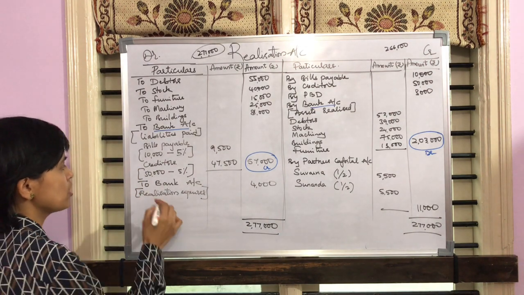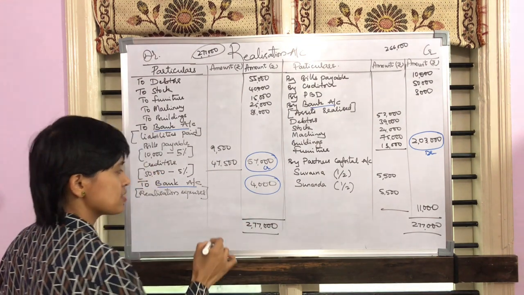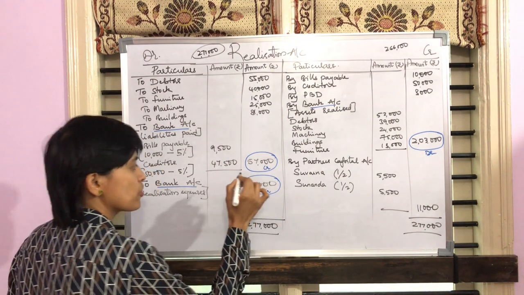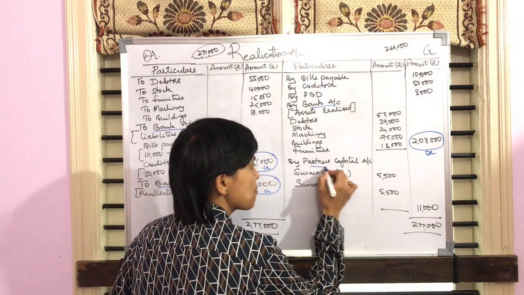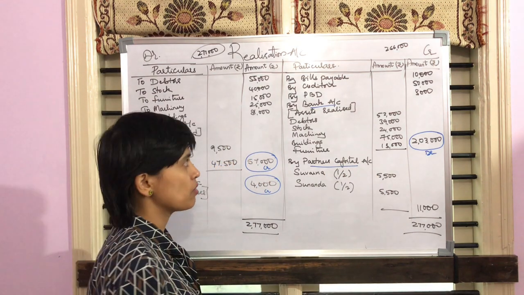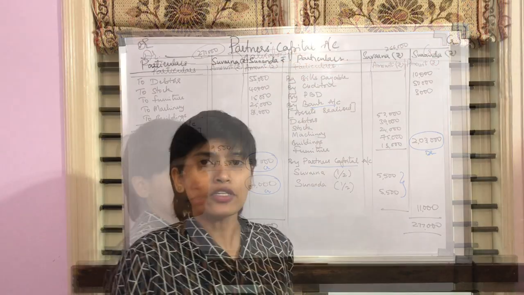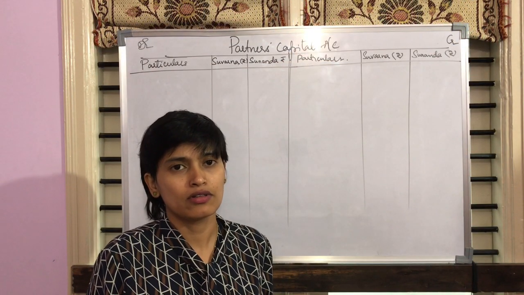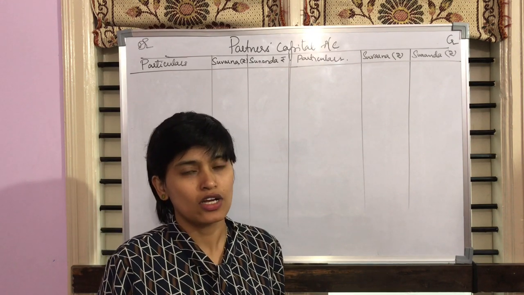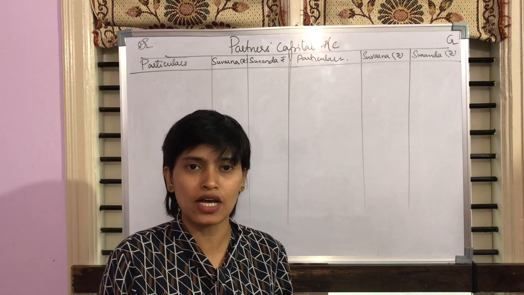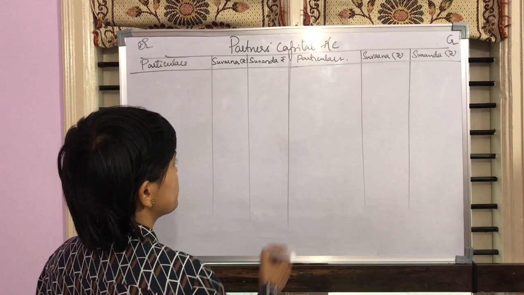The next information, again you have bank account, realization expenses, show this on the credit side of bank account. Followed by, when you're preparing partners capital account, make sure to show the realization losses of the partners. Preparation of partners capital account, the rule is debit the receiver, credit the giver. So first and foremost, let's bring down the capital of the partners given in the balance sheet, which will be written as